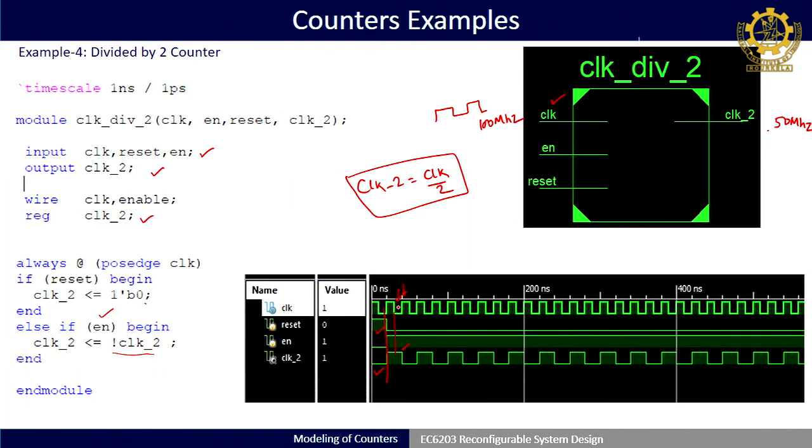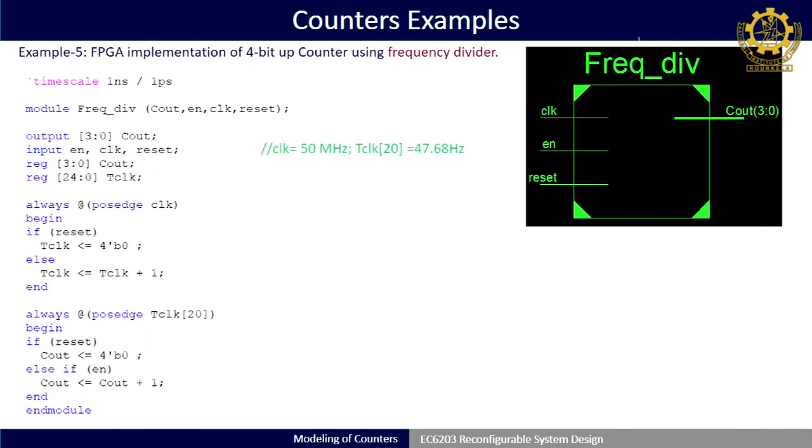So, here if my time period is, let us say, 20 nanosecond here. So, here it is becoming how much? 40 nanosecond. So, the time period is multiplied by 2 times. Accordingly, if you invert it, you can find that the frequency is divided by 2 times. Okay. So, this is a simple example of a divide by 2 counter, which can also act as a frequency divider. Okay. Another counter example we have taken, where we have taken a generalized frequency divider.